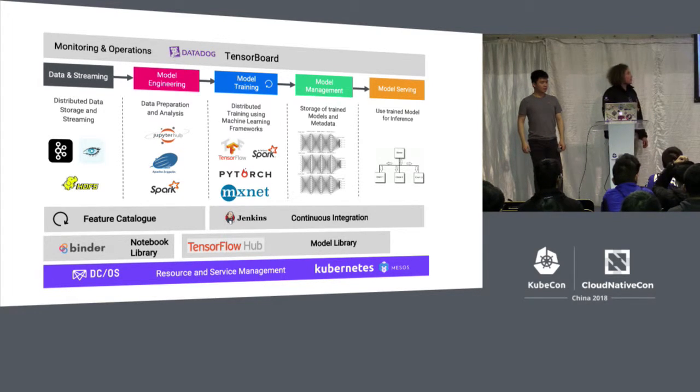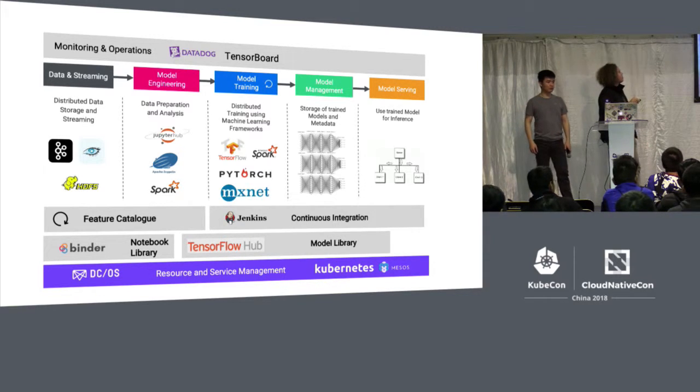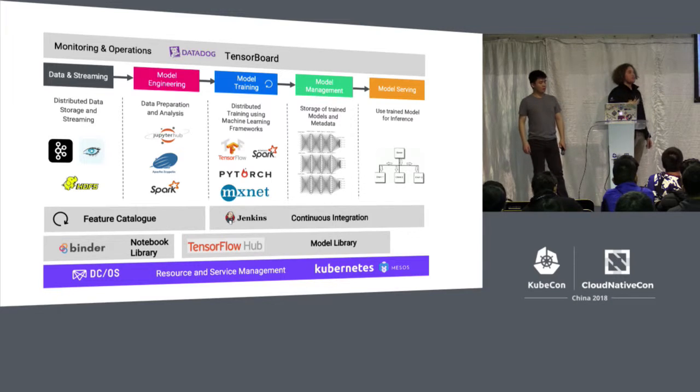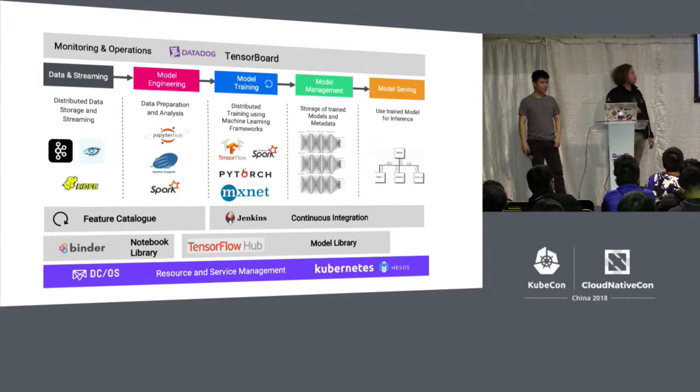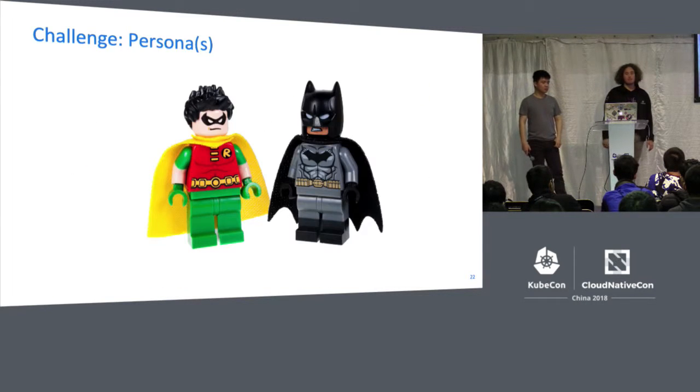Last, underneath, we actually need something to manage all those resources, to manage all those different distributed systems. So if we just count, we've got Kafka, Cassandra, HDFS. Jupyter is more like a container service, but here we've got TensorFlow, Spark, PyTorch. So we actually end up with a large number of different distributed systems, which we all have to manage. And this is really hard for a DevOps person to set all this up in just a manual fashion. So having a layer, first of all, for resource management, and then also for service management is really, really important and really helps us to set up such a pipeline.